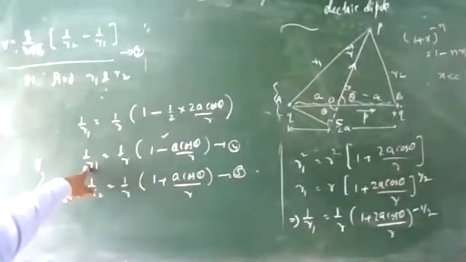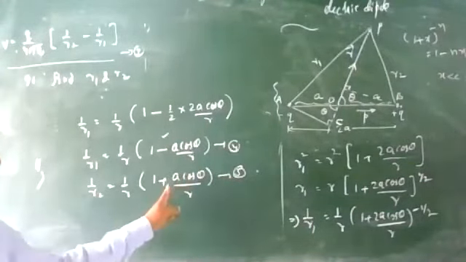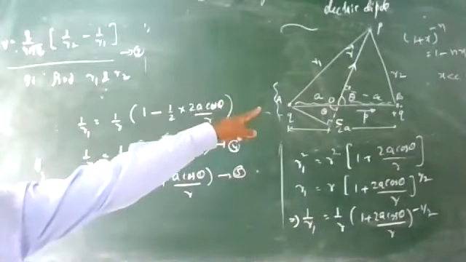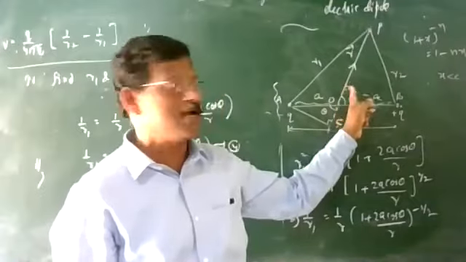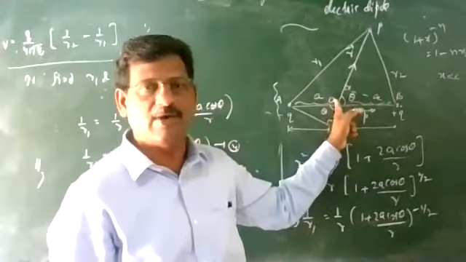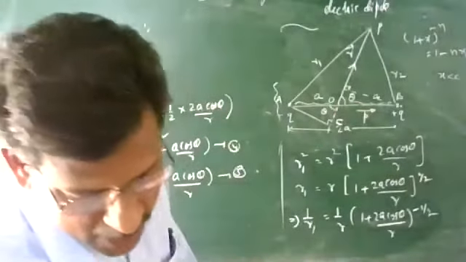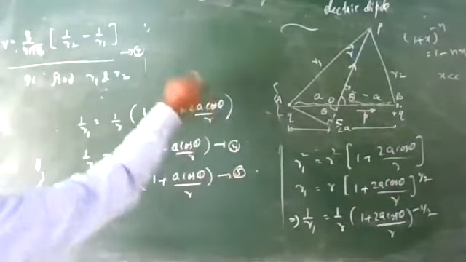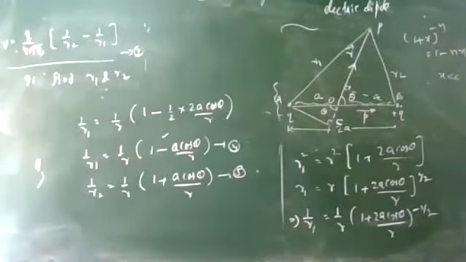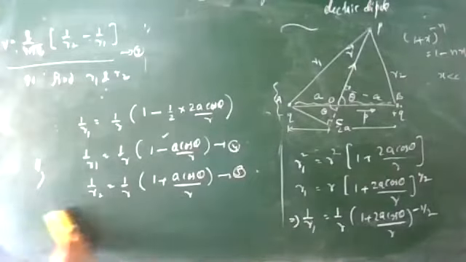Only 1 by r1 you derive. Similarly, write for 1 by r2. There is a substitution, and you have to recognize that the right hand side will be r plus a cos theta. That is why minus minus becomes plus, so a plus sign will be coming there. Now substitute equations 4 and 5 in equation number 3. Equation number 3 is in front of you. We are going to get the value of potential at any point in the dipole.